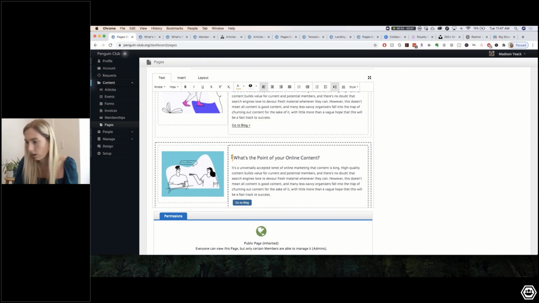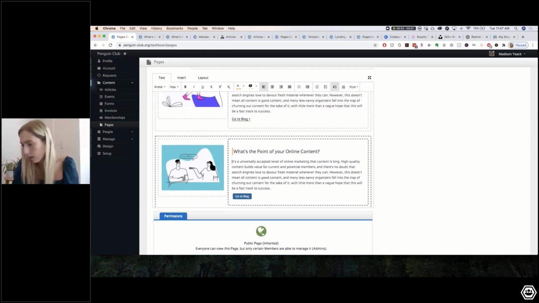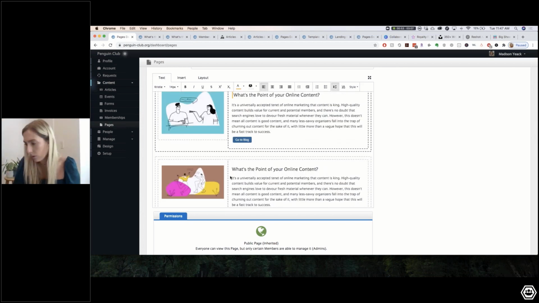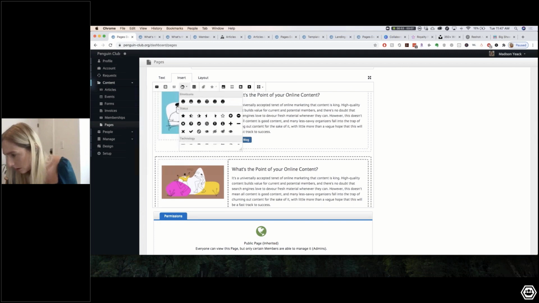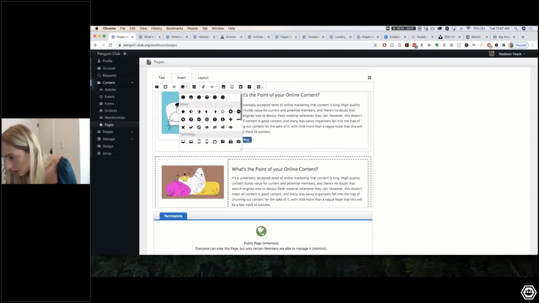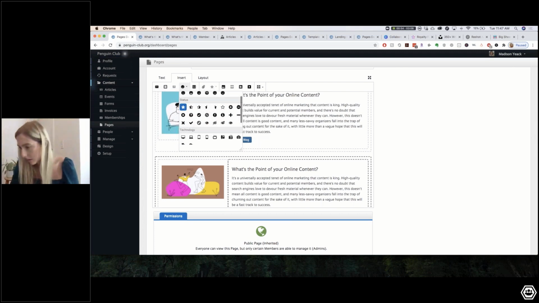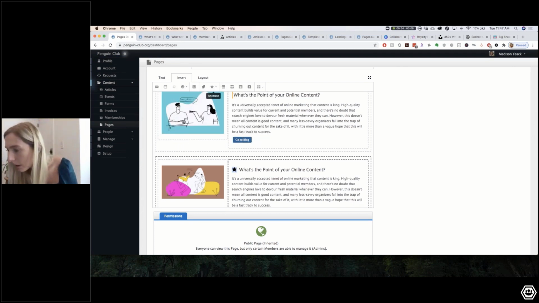So you can have a key somewhere, but if you want it to just be a subtle showing, that's how you can do that. What's another way that you could do it? You could do a star or something. So you can actually insert symbols in here. You can actually have different icons. And we can always add more icons to this. We're actually working on that right now, but